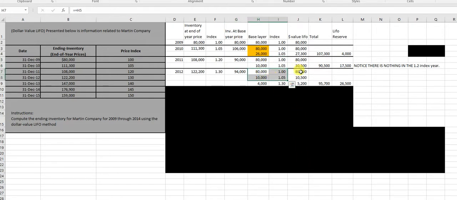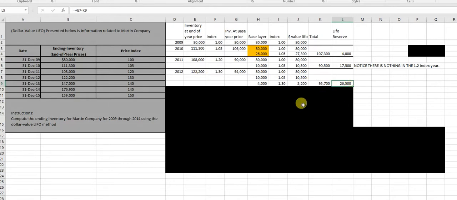Okay, so I have my 80,000 times 1, 10,000 times 1.05, and my additional 4,000 from the 1.3 price level year. So notice there was no 1.2. It will never happen because your inventory went down that year. So I add them together to get 95,700 is my total dollar value LIFO inventory,